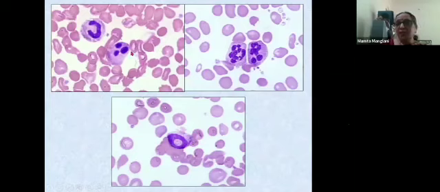Many a time I have told our pediatrician colleagues, when I was at Sion Hospital, I used to be referred patients from the PICU, and I used to tell them, this is definitely bacterial infection because I'm seeing necrobiotic cells. These are not hypersegmented neutrophils. They are nice neutrophils which have proper segments. These are all broken segments, separated from each other. This is a ring nucleus. This is all necrobiotic changes of infection.